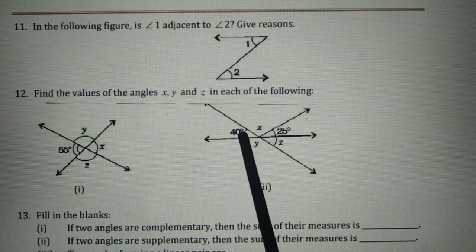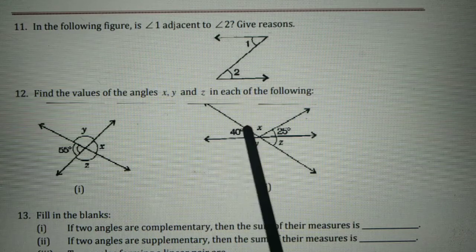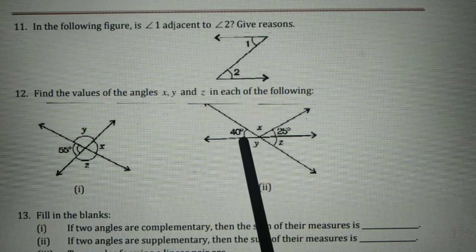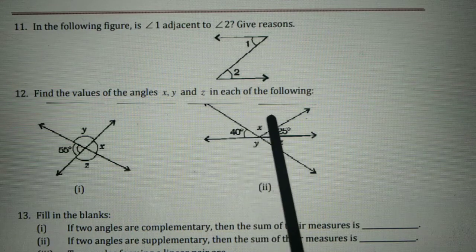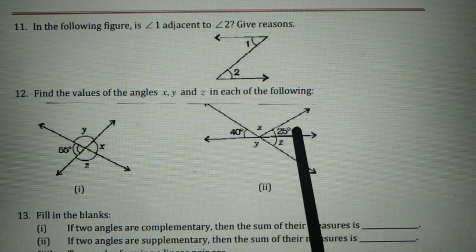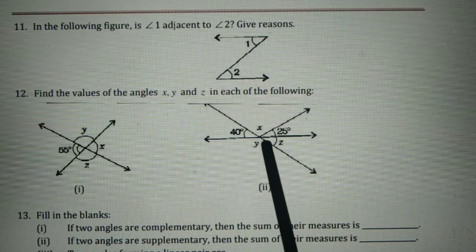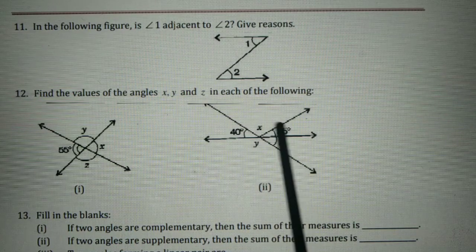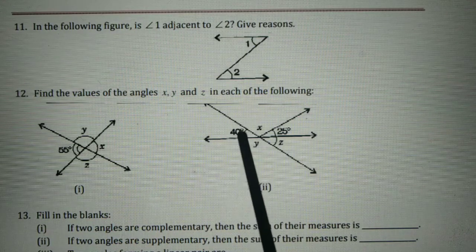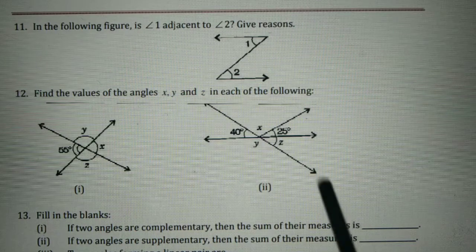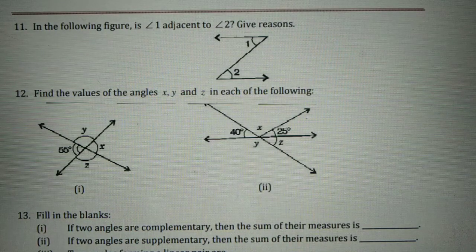You can see here there is a 40 degree angle, next is X and next is 25. The total of these angles is 180 degrees. That is the straight line angle, you can say. These are not adjacent angles. The three angles are not adjacent, because actually we take only two angles in a pair of adjacent angles. So we can say they are on the same line and make an angle of 180 degrees. So 40 plus x plus 25 is equal to 180 degrees. So by this method we can find the value of x.